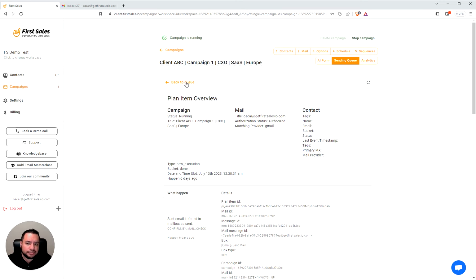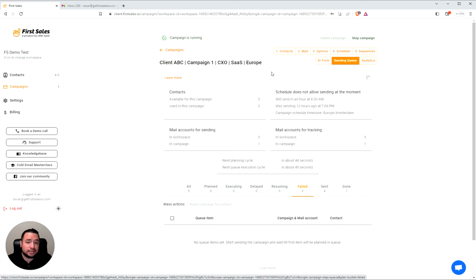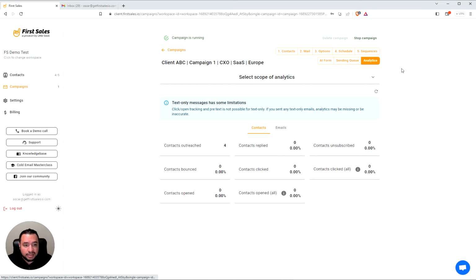So generally what I do is I go back to the queue here. I just check the done ones. If there's anything that has failed, for example, I check to make sure it wasn't just hitting some kind of mail limit or something like that. We'll check that, and if we need to increase the limit for some reason, we can do that, right? Now, if we go back to our next one, which is our last tab here, which is the analytics tab,